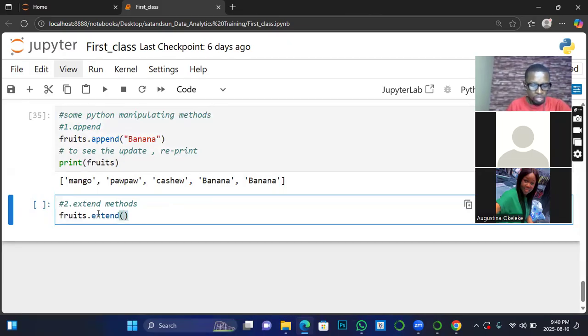Now, the way you are going to do it is, since you are adding more than one, you are going to bring in the square brackets. And then you declare all the strings or the numbers you are adding inside it. So the first one, I'm adding another fruit again. I can even think of other fruits. Okay, let's say